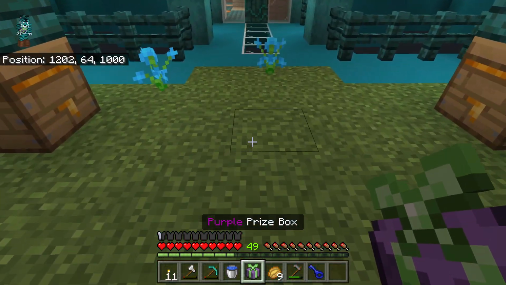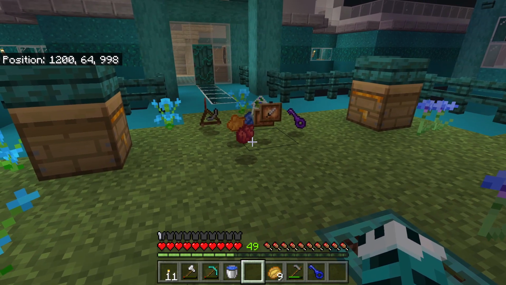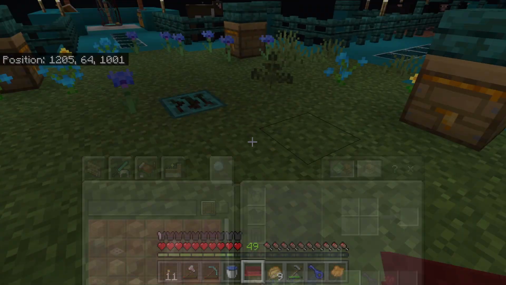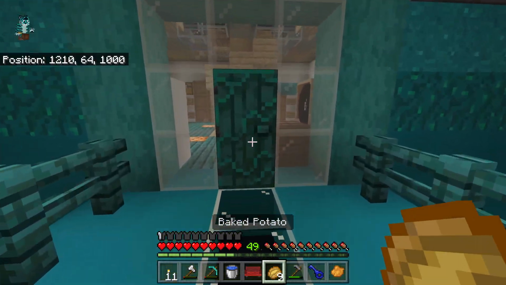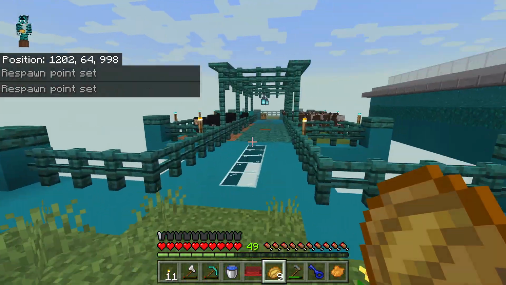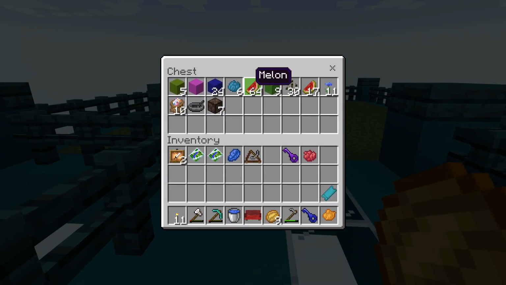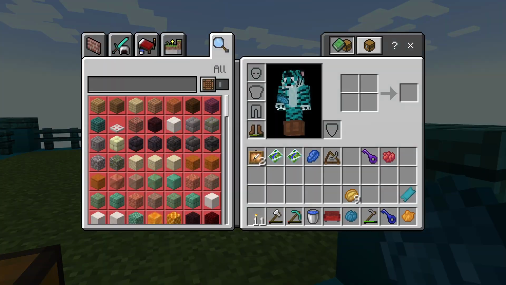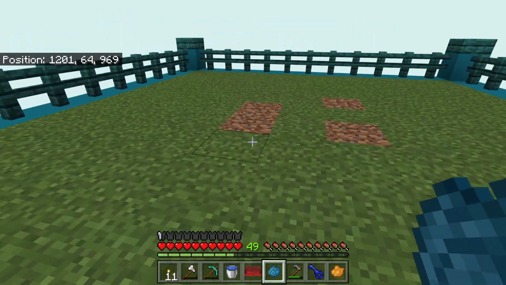Let's pop open our purple prize box. Oh, we've got a purple key. Is that a sofa? Tell me that's a... Oh, it is. Now, I've seen other people get these, and I'm curious. Can we dye it? Let's go and nab some of our cyan dye. Do you know what? We only want one. Now, I'm assuming we can't do it in here. No. If we can, it'll probably be...